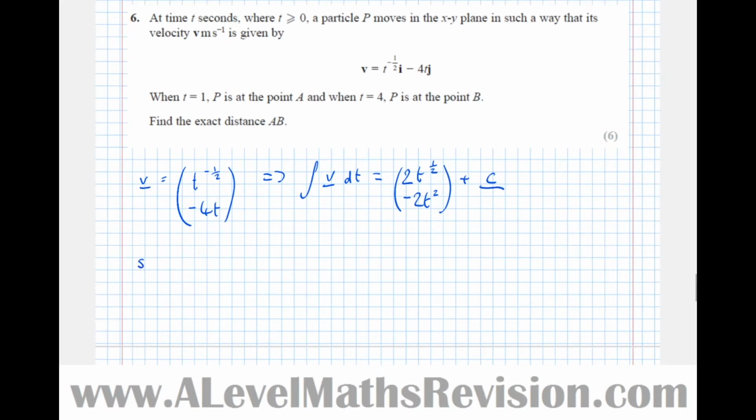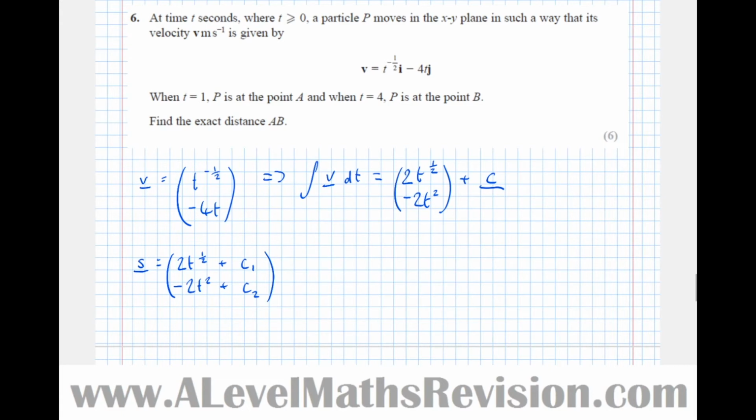So let's just summarize what we just found out. We know that displacement now is this vector here. So it's 2t to the 1/2 plus a constant c1, and the j component is minus 2t squared plus a different constant. So what we're going to do now, reading this here, it says when t equals 1,